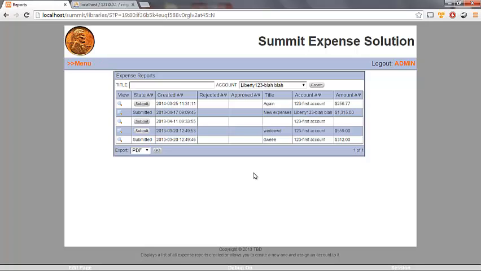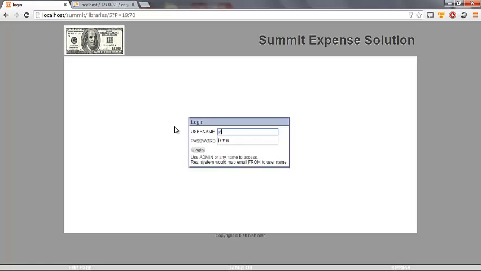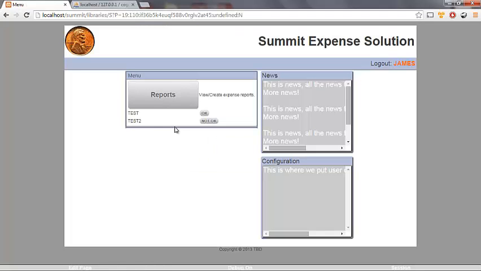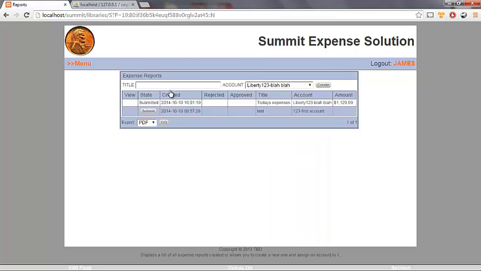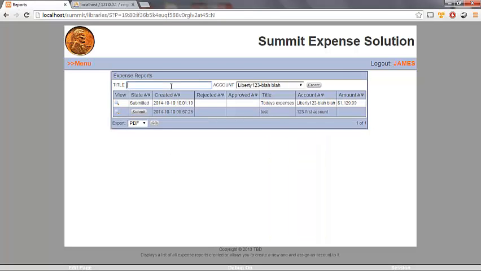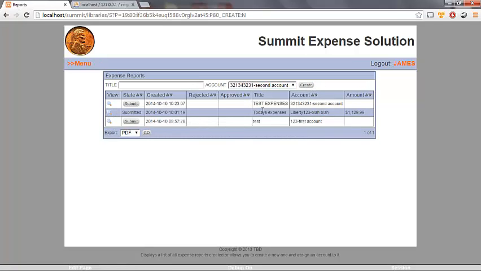Now this application itself, if I log out and log back in as my user, okay, I've still got those buttons there, I'll clear those out. But the point of this application is to do expense reports. So if I go into an expense report, let's create a test expenses, and I can bill it to an account. So in my administrator tool, I can map accounts to users, create. So I've just created this test expenses. Let's view it. I'm not going to submit the expense report yet because I haven't put any expenses on it,